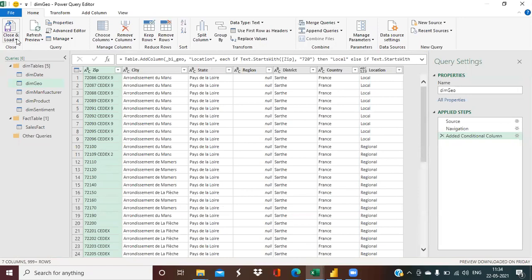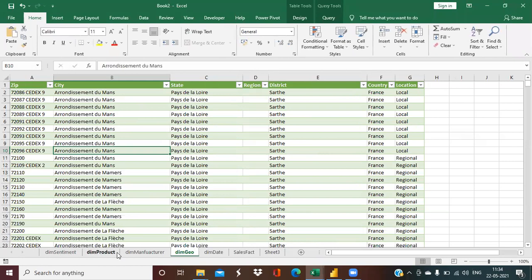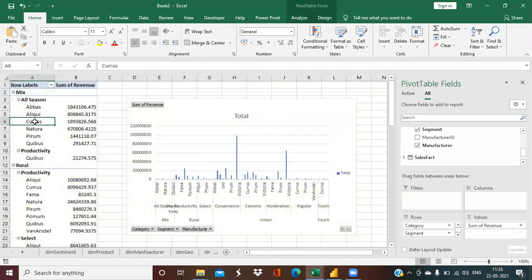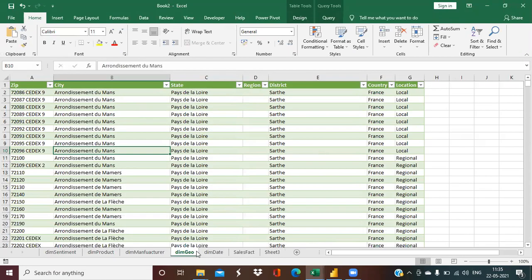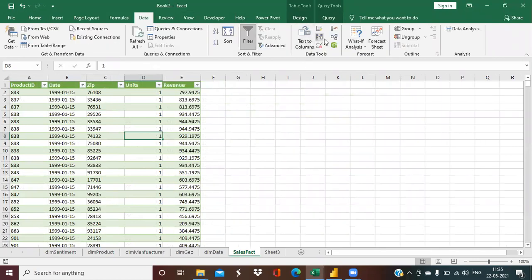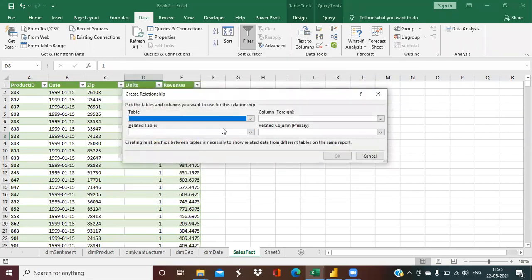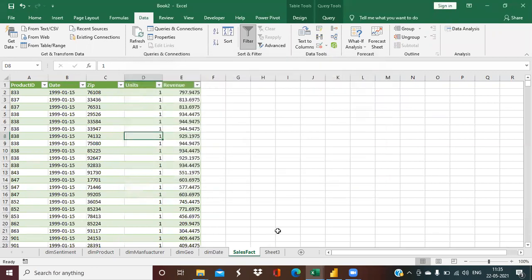Okay, and once you have done the changes, you need to close and load. Get the data here into your Excel, and then it will create multiple tables. What you have loaded from your data set, it will create the tables accordingly. And then when you need to create the pivot table, that is the most important thing. Before you create the pivot table, what you have to do is create the data model. For creating that data model only, we jump up into Power Pivot. So initially it will be blank. Click on the relationships. Click on new relationships. It will show up this wizard. Select the tables, select the columns, and create the relationships. And your model will be properly working.